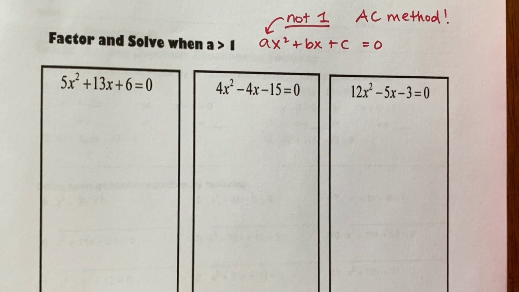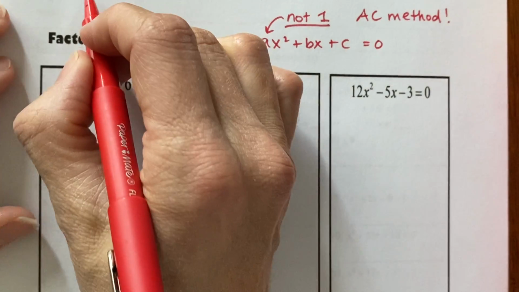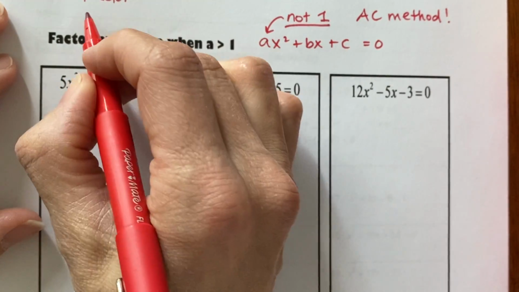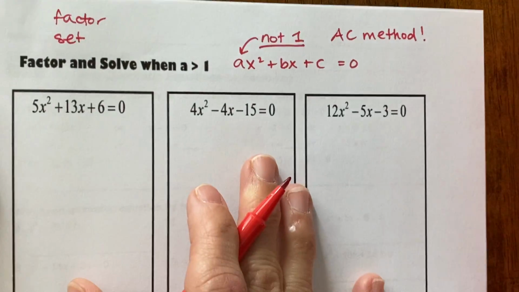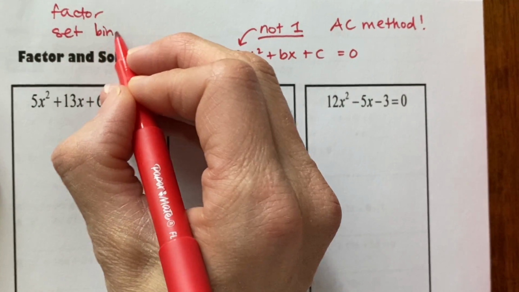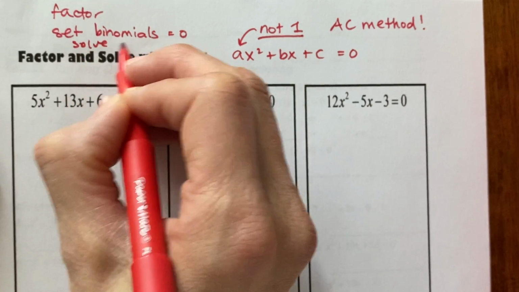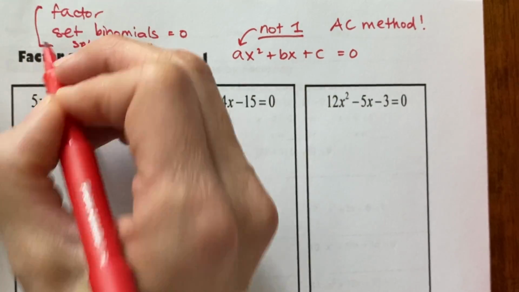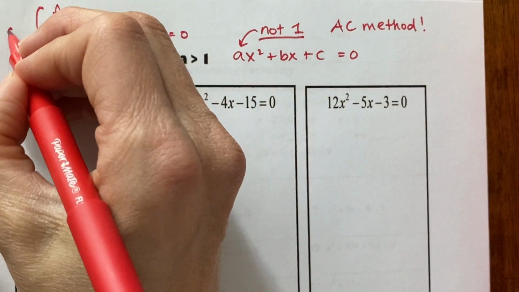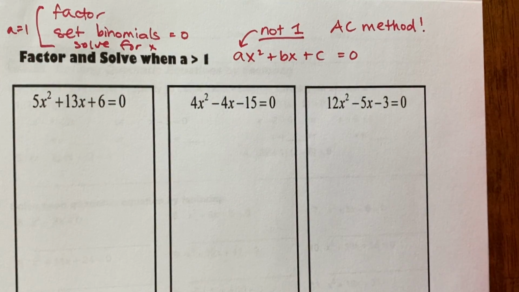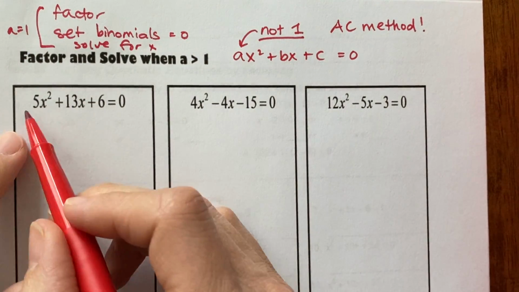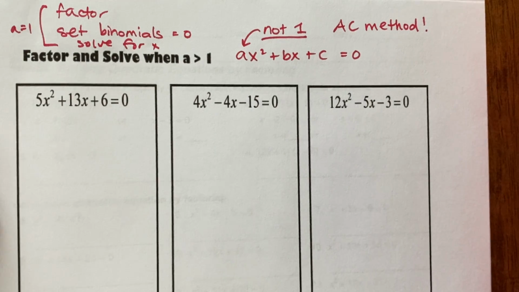So we do the same order that we used when factoring and solving when a equals 1. First we factor, and then we set each of the binomials equal to 0, and then we solve for x, right? So that process is the same as when a does equal 1. We just have a little bit of a different time factoring when a is not 1. All right, so